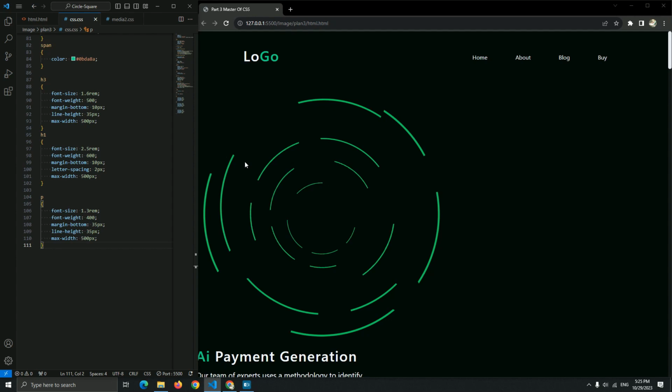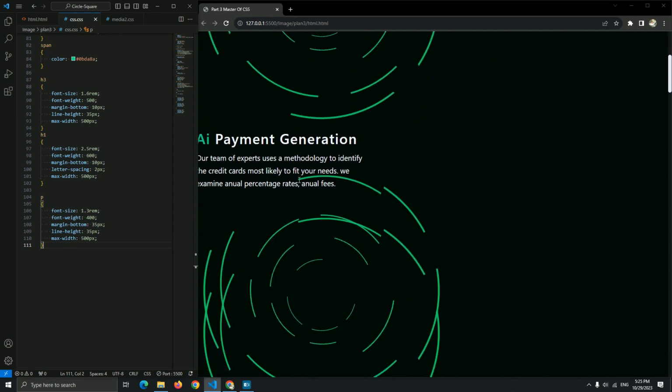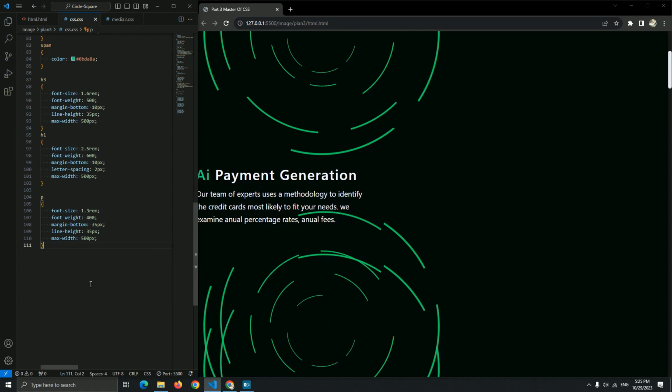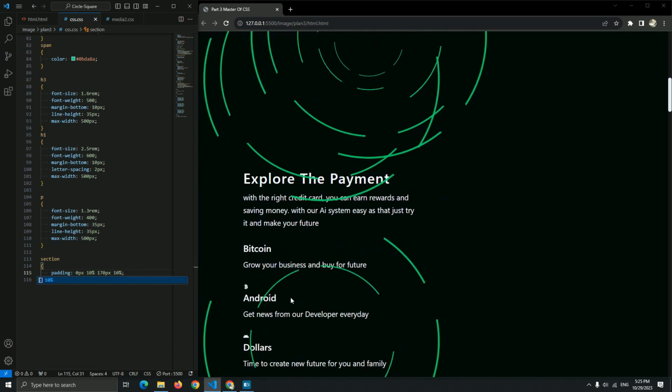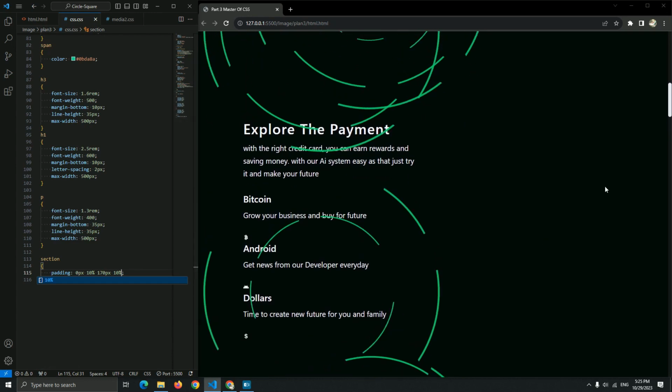Okay, now we start off with this text. Let's go to the start of the section, and add the padding for the next page. So section, let me add the padding 0 pixel, 10%, 170 pixel, 10%. Okay, here we go. As you can see right now, we start off this section.